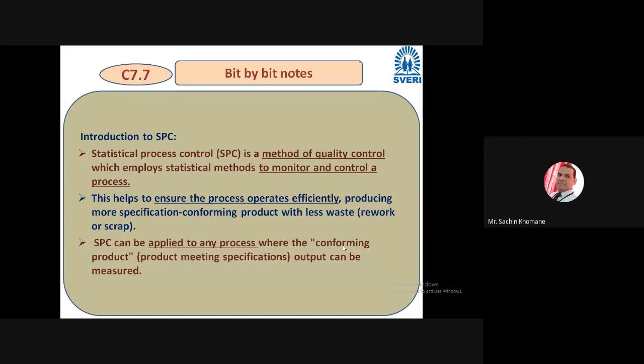It means, if you collect the data, suppose you are producing 1000 components every shift. So what you have to do? You have to collect certain products out of that 1000. Let us say after every 100 products, you collect one sample. After every 100, so we have to collect 10 products, and you have to measure the specification or dimension, whatever is there.